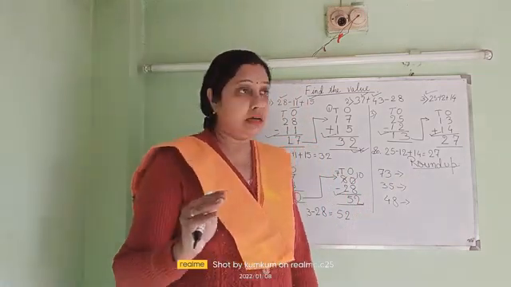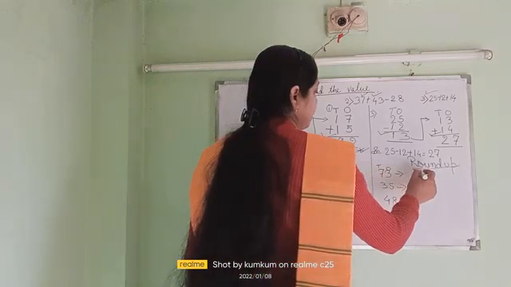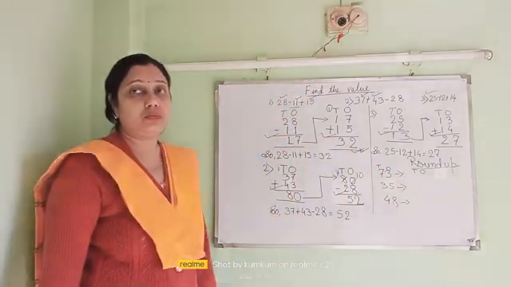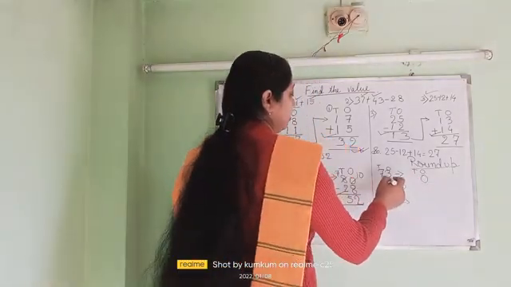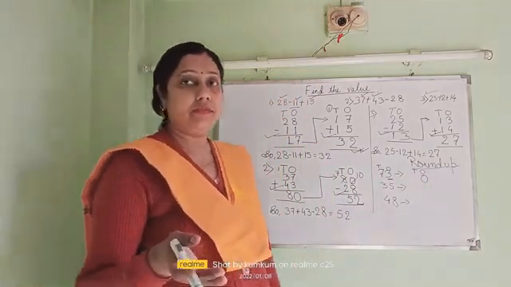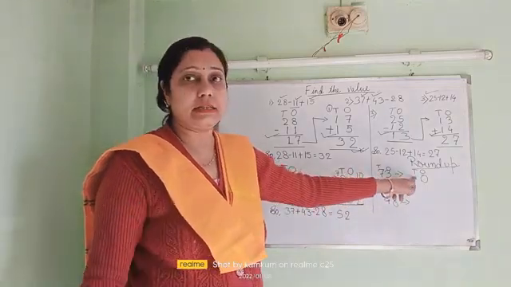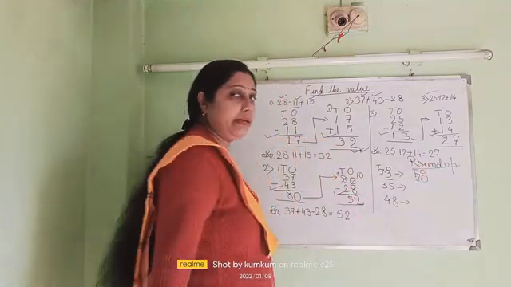First we will write TO here, then we will write here TO. When it is rounding up to tens house, we will put 0 in ones house, and here we will underline the ones number. If it is less than 5, the number itself will sit in the tens house. The number itself will sit in the tens house, that means 70.